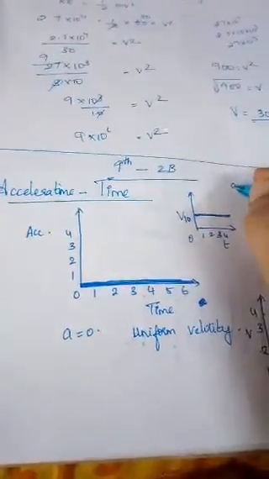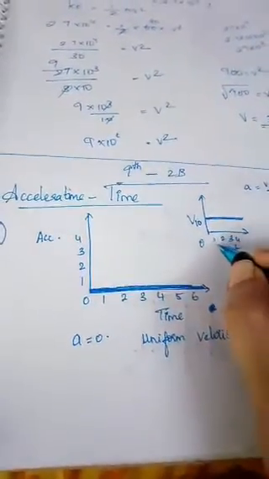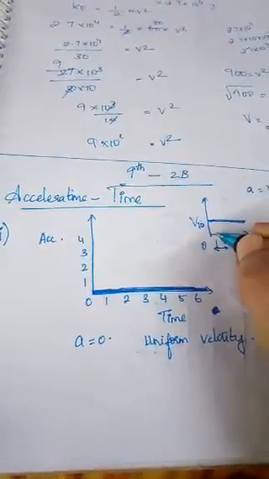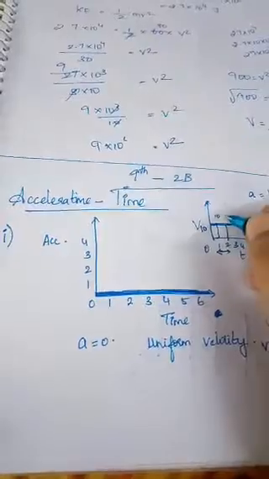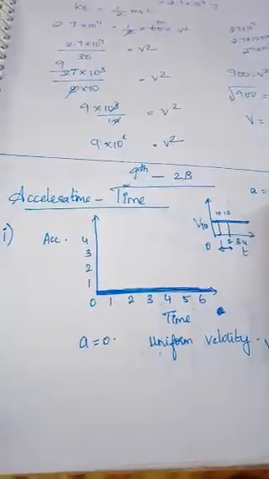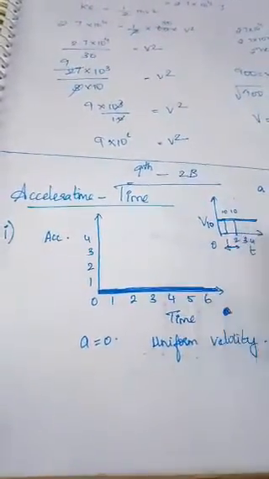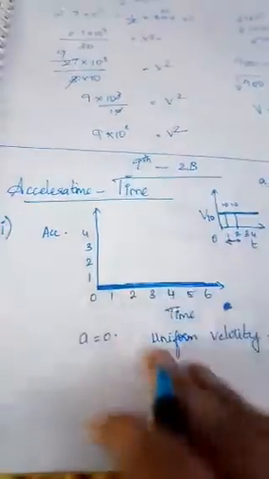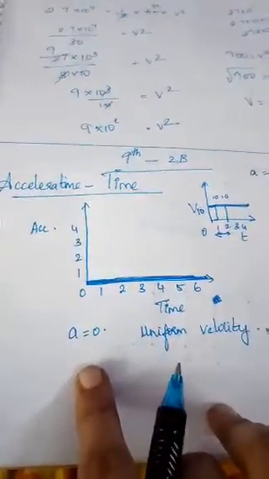Now listen. So what is your acceleration formula? V minus u by t. Okay, so I'm going to calculate the acceleration at this instant. When the time is 1 second, your velocity is 10. When the time is 2 seconds, the velocity is 10. So calculate here, 10 minus 10. So obviously it will become 0. Yes or no? It is 2 minus 1, 1. So here acceleration is 0. So whenever an object is traveling in uniform velocity, you will have the acceleration as 0.